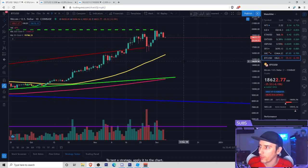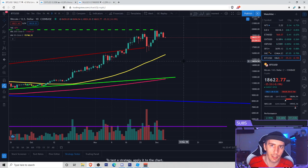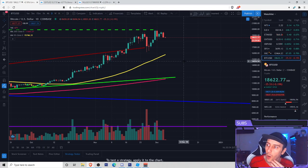So if it can maintain itself with this and it starts to rally back up to $19,000, I think Monday could be a very valuable time. A lot of times on the weekend, it tends to be pretty quiet with things. And if it can break above $19,000 on an opening day with Monday volatility, I would expect something big to take place that day,